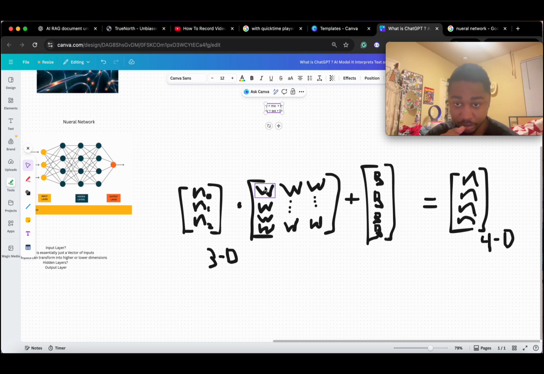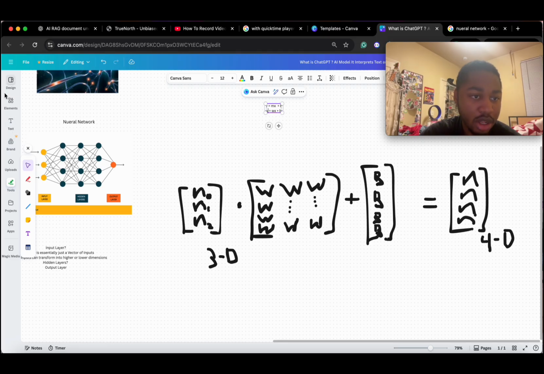Additionally, these are cool, but there's one thing you want to know. These are essentially just linear transformations by themselves. Scaling something and moving it, translating it with b, scaling and rotating it with W, is still a linear transformation. It becomes difficult to derive meaningful patterns when all you're doing is scaling and squashing the shape that you're manipulating.